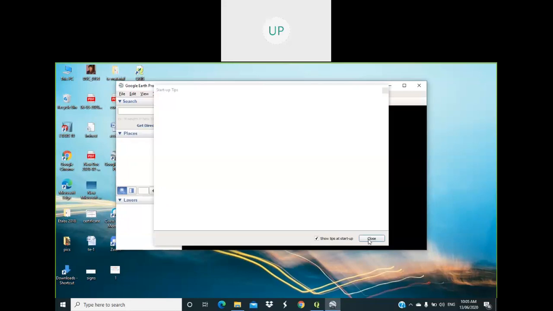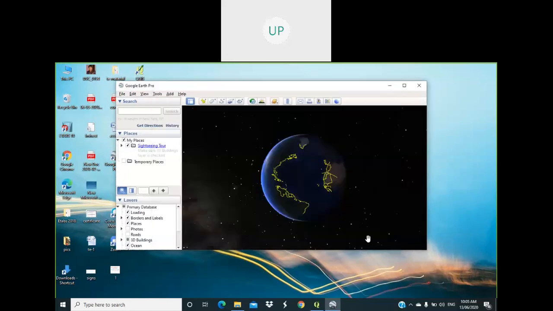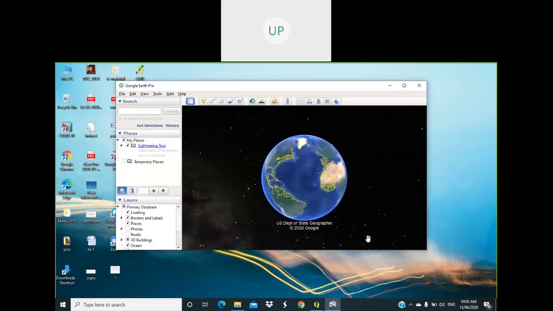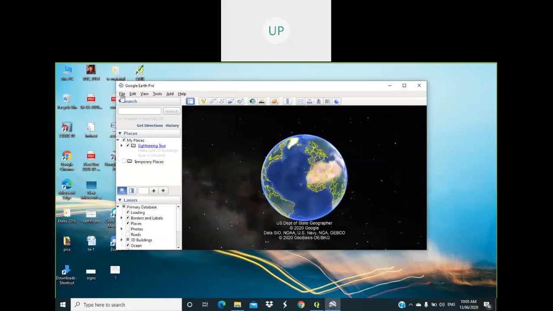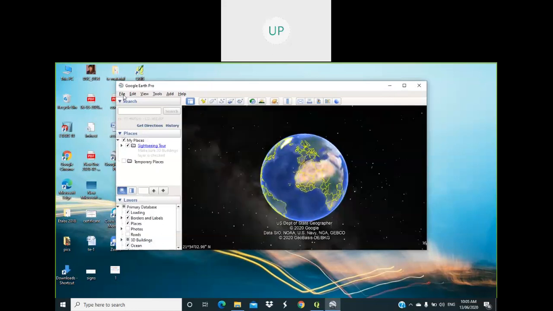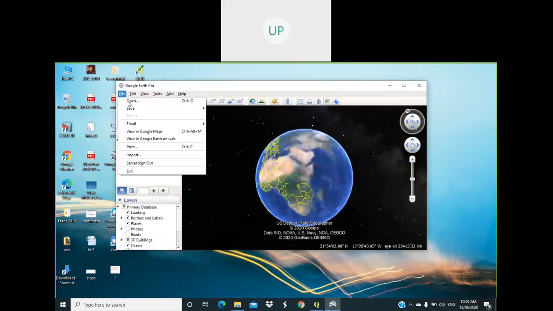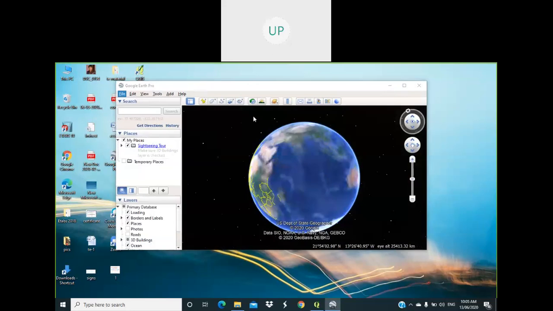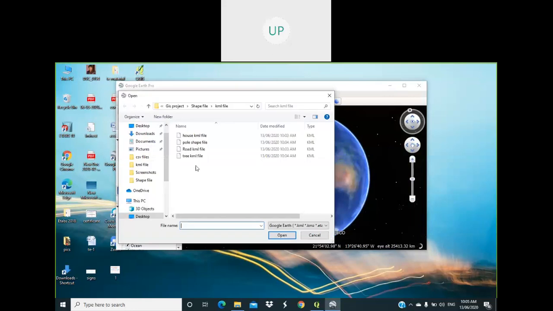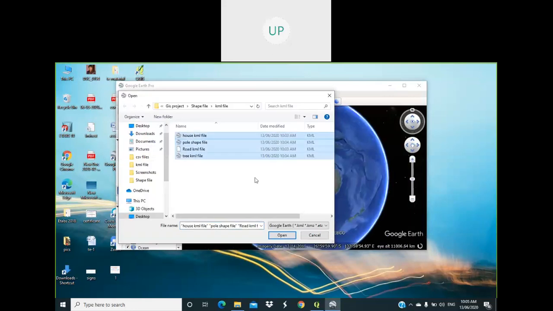So here, this is the Google Earth Pro app. We have already converted the files into KML files. We have to go for file, open. So select